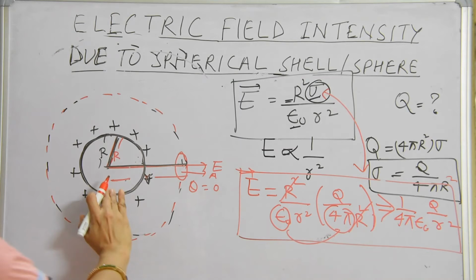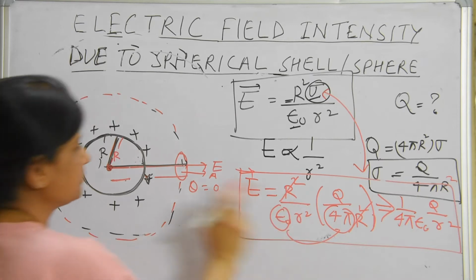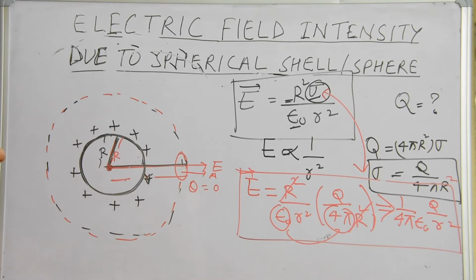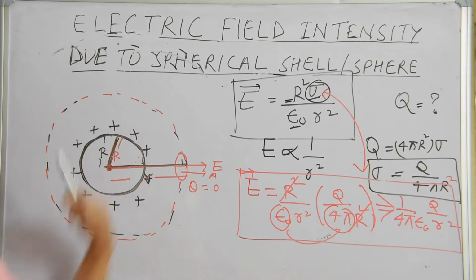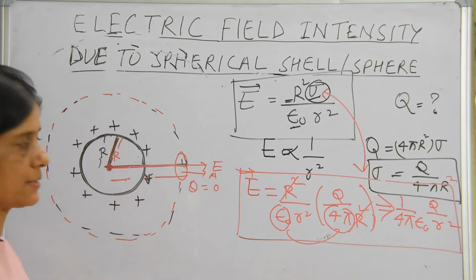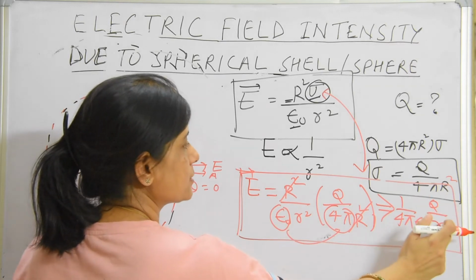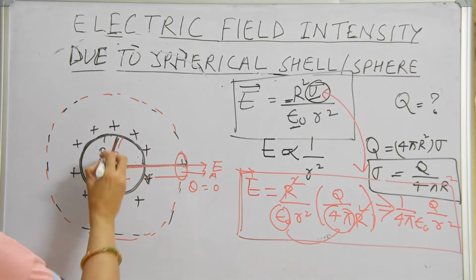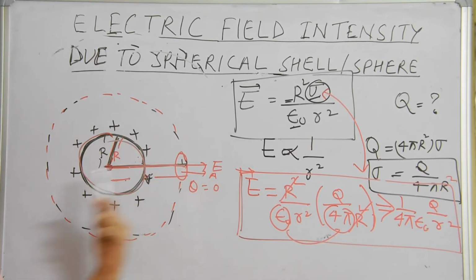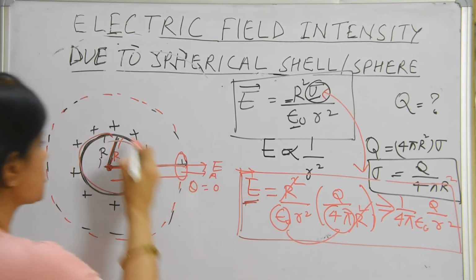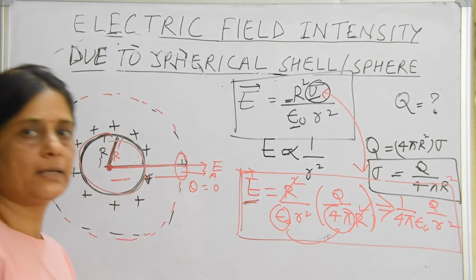This is the formula for a point charge at the center, to find the value of electric field intensity due to a point charge. So we can say that this sphere would behave like a point charge for a large distance. We have already done this, E is equal to 1 upon 4 pi epsilon naught Q upon r square. What is Q? Q is the charge on the surface. For a long distance, this sphere would behave like a point charge, and if the charge on the surface is Q, the value would be E is equal to 1 upon 4 pi epsilon naught Q upon r square.